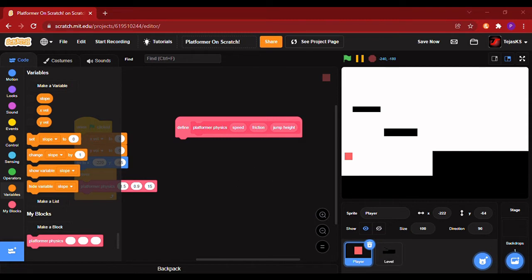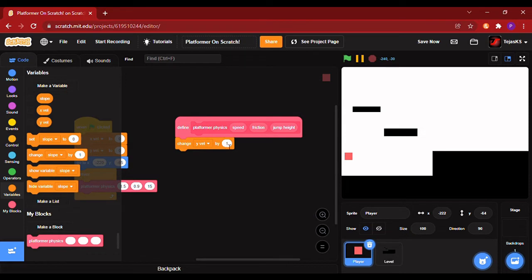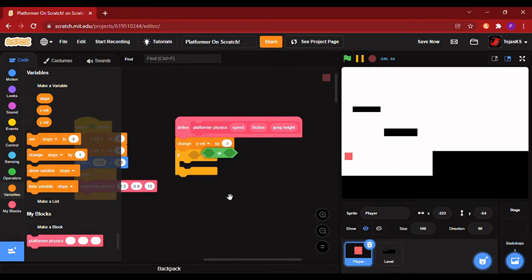Now in the starting, put change y vel by -1. After that, put if right arrow.